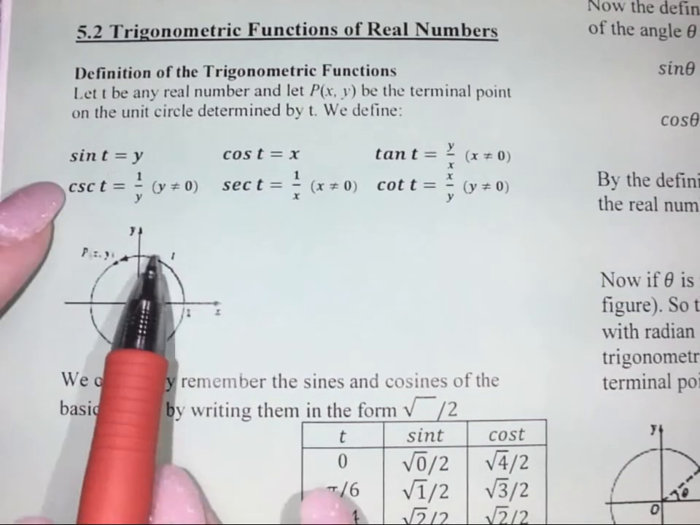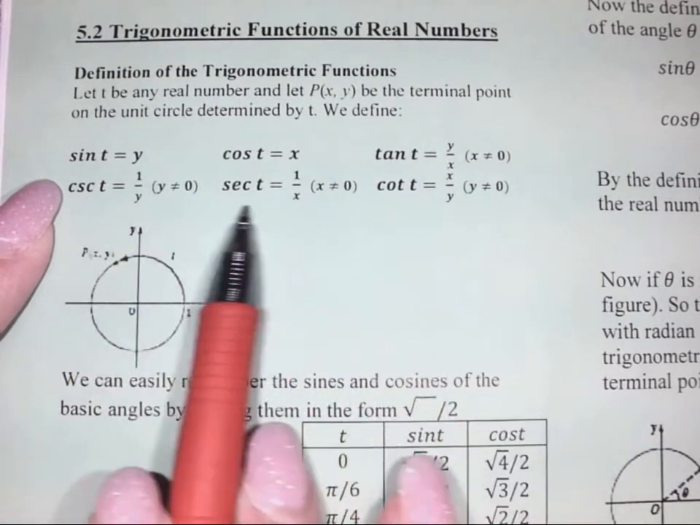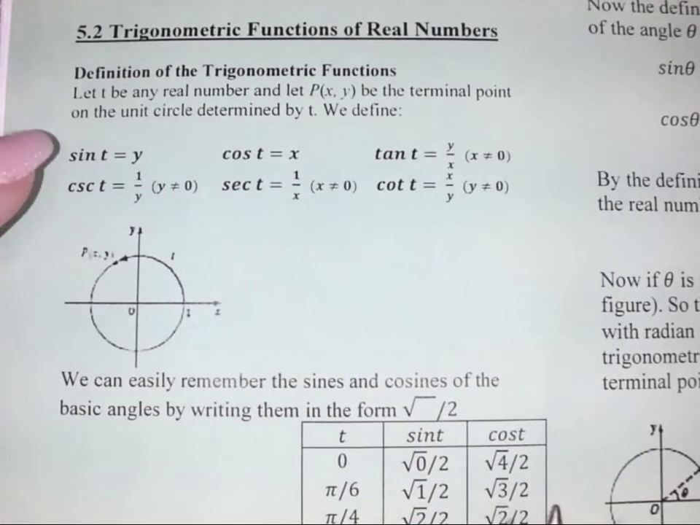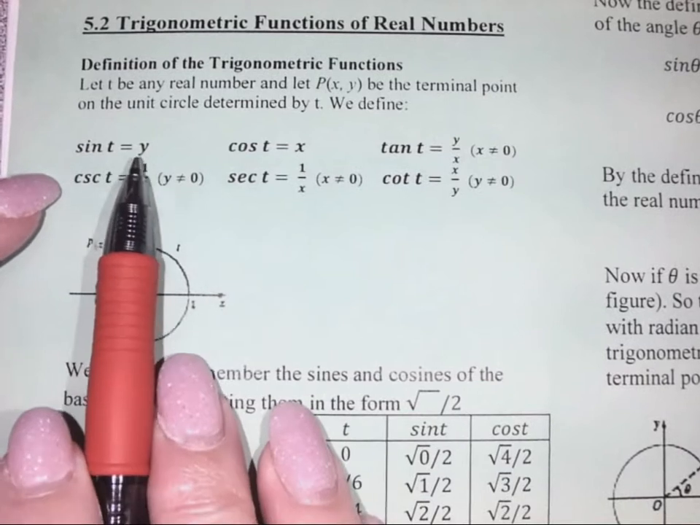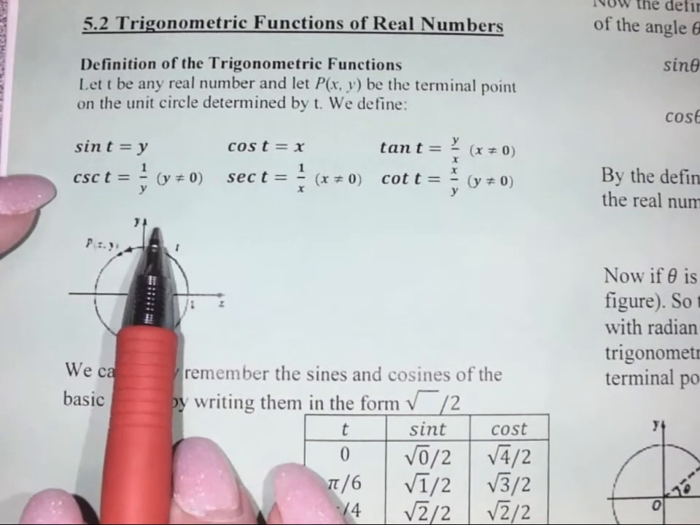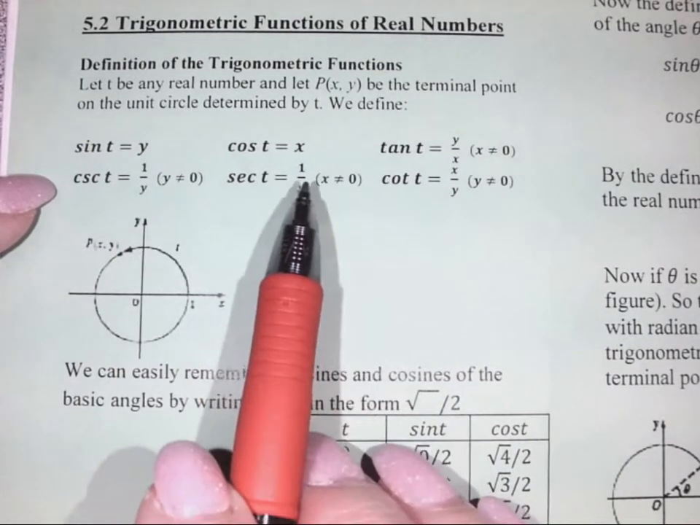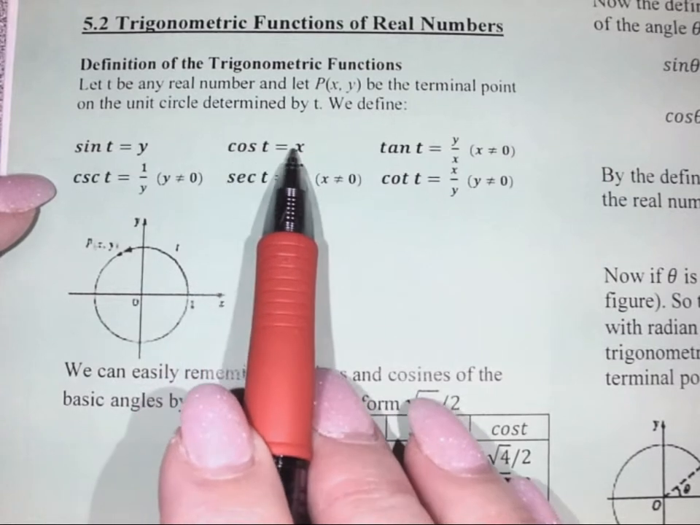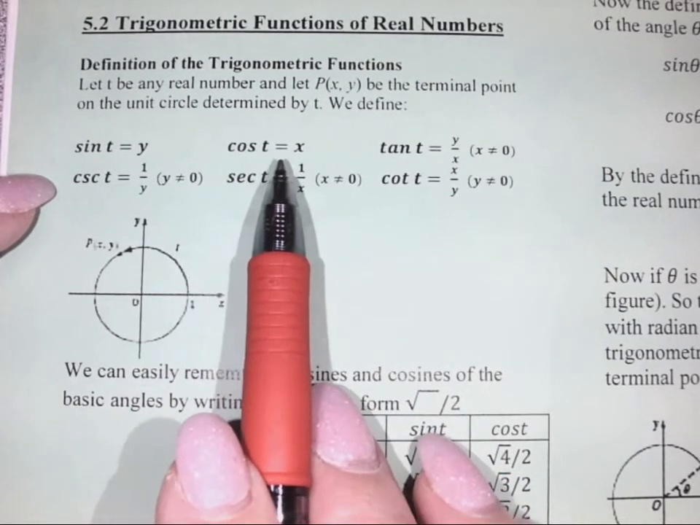These are the functions that go with them. So sine goes with cosecant. It's going to be the reciprocal, so it'll be 1 over y. Of course, y can't be equal to 0, or it's undefined. Cosine goes with x, and the